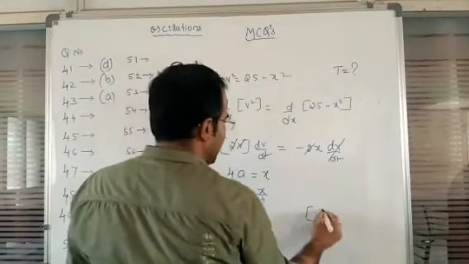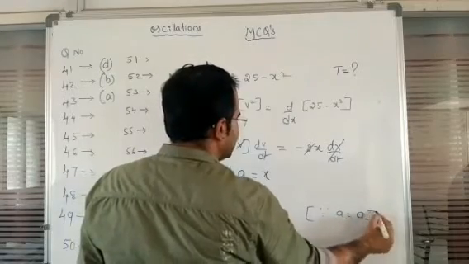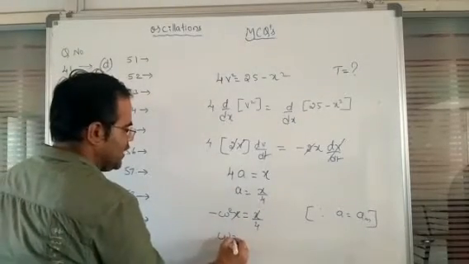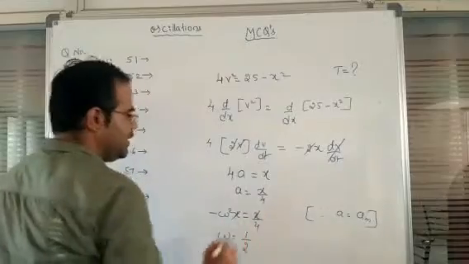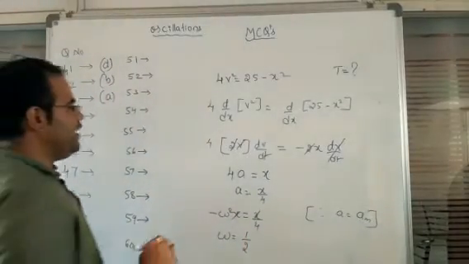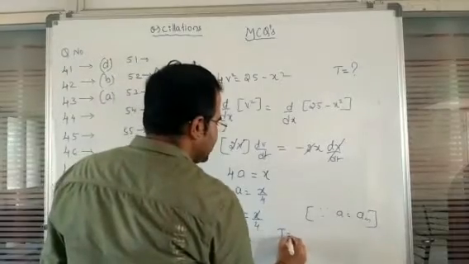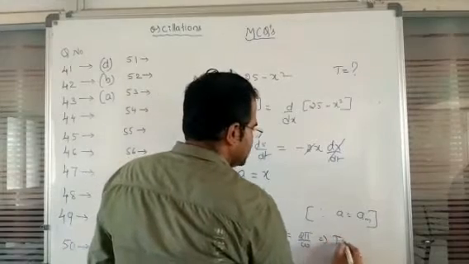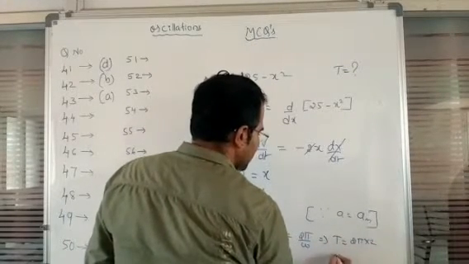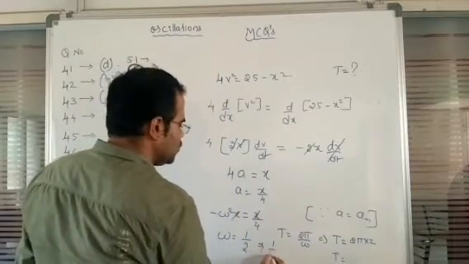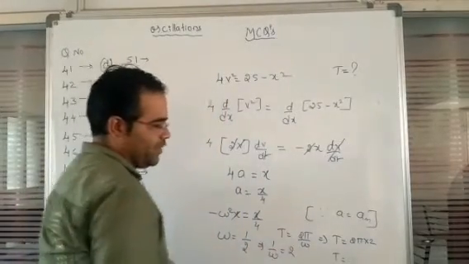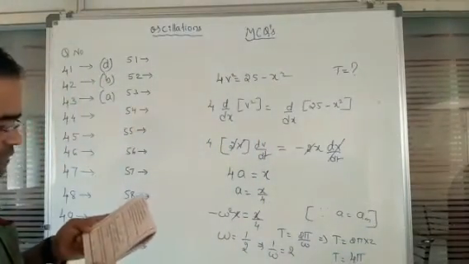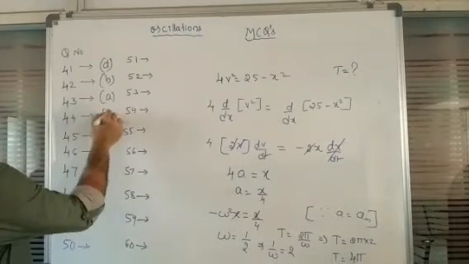So we just take a as the maximum acceleration of the SHM. Now in that one, again these two will get cancelled, so omega is equal to 1 divided by 2. So this is the omega value. Now we need to identify the t value. So t is equal to 2 pi divided by omega. This implies t is equal to 2 pi into 2, because 1 by omega is equal to 2 here. So now t is equal to 4 pi. So for question number 44, the option is C here.